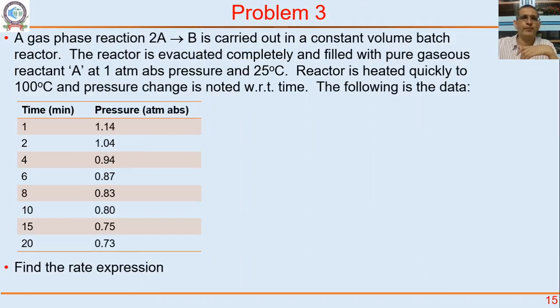A gas phase reaction 2A goes to B is carried out in a constant volume batch reactor. The reactor is evacuated and completely filled with pure A at 1 atmosphere, 25 degrees centigrade. The reactor is heated quickly to 100 degrees centigrade, and pressure change is noted with respect to time. Right? Notice the 0 time data is not given. So what we are saying, 25 degrees centigrade